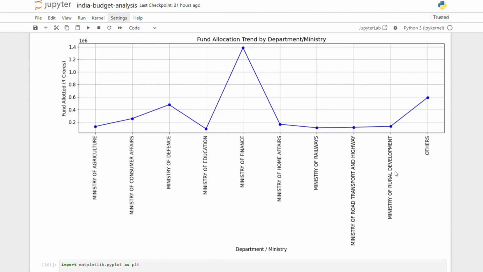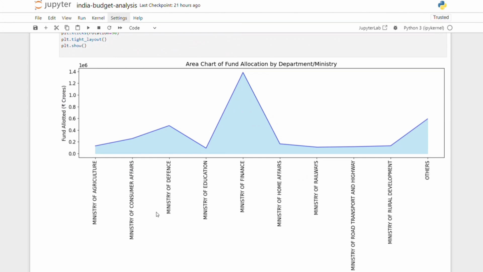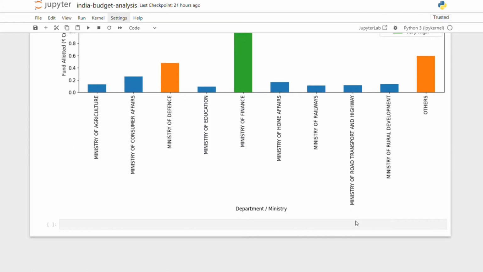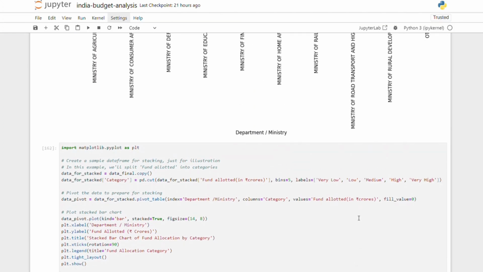Then the defense spending. The Ministry of Defense is allocated 4 crore 78 lakh 195, making it the second highest funded ministry. This reflects the importance placed on national security and defense, which require substantial financial resources for maintenance, modernization, and development of defense capability.